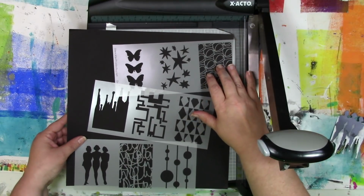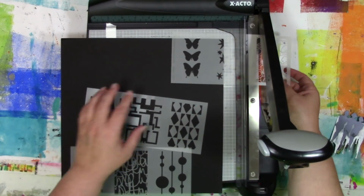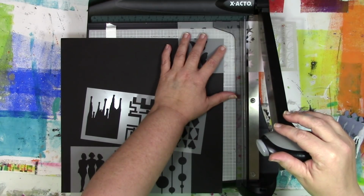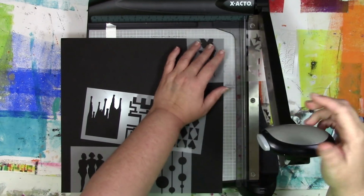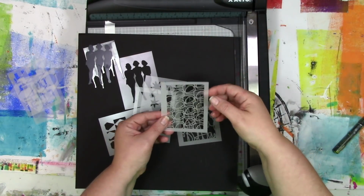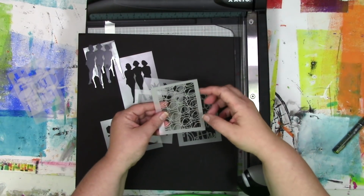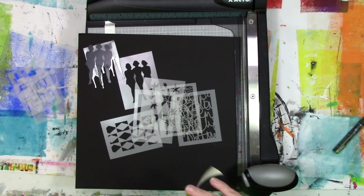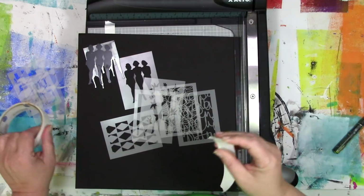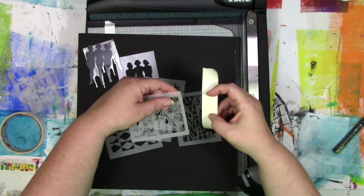So here they are, cut into thirds. And by the way, you can absolutely leave them as thirds if that makes you happy. Or you can keep cutting on this and cut them into their individual ATC sizes. So here they are, all cut and trimmed up, and my sides are not all perfectly even. I didn't measure anything, I eyeballed it all,